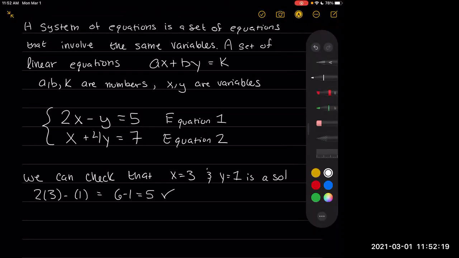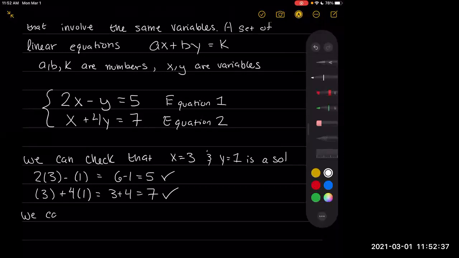And then if we look at 3 plus 4 times 1, this is 3 plus 4, which equals 7, which matches equation 2. We can also write the solution as (3, 1), where our 3 corresponds to x and our 1 corresponds to y. Just like if you were to graph a point,